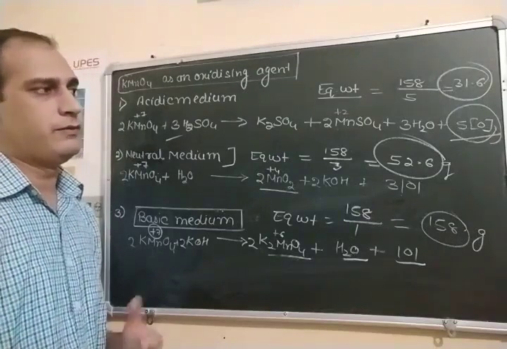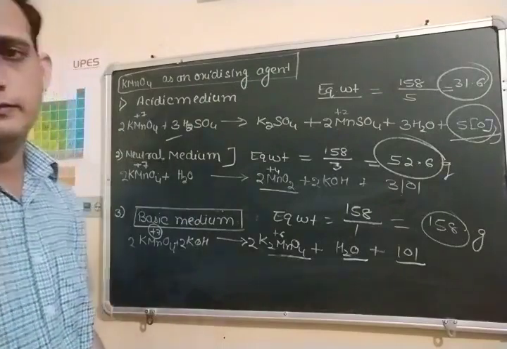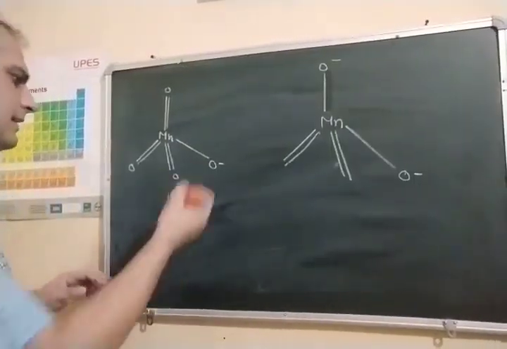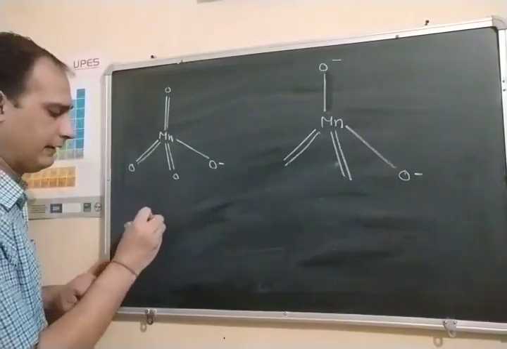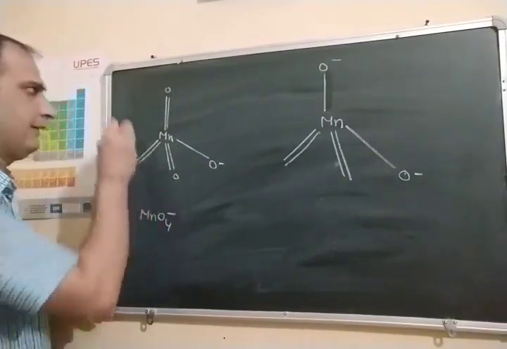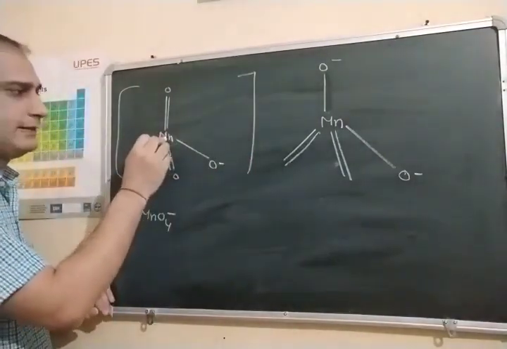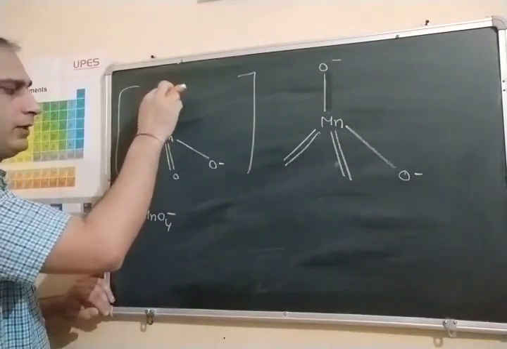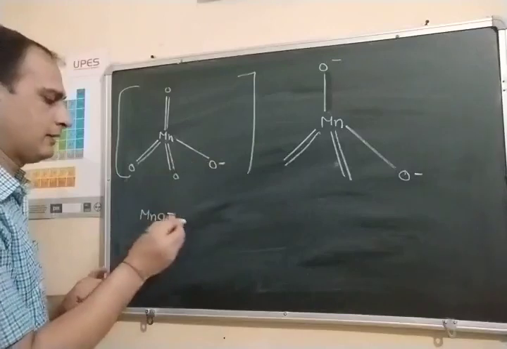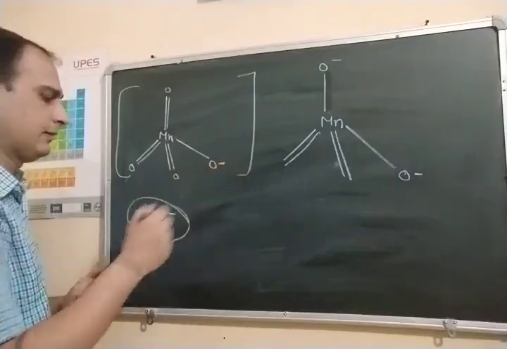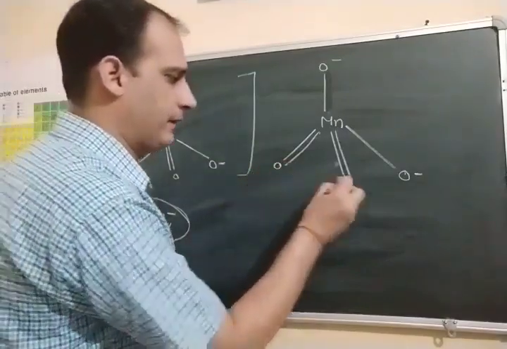Now we will do the structure of manganate and permanganate ion. So students, as far as permanganate ion is concerned, permanganate ion is MnO4 negative, and here you can see Mn, manganese is the central atom, and 1, 2, 3 oxygens, and this oxygen is having negative charge, so it is representing the structure of a what? Permanganate ion. While in case of a